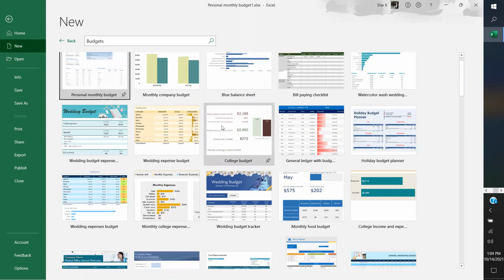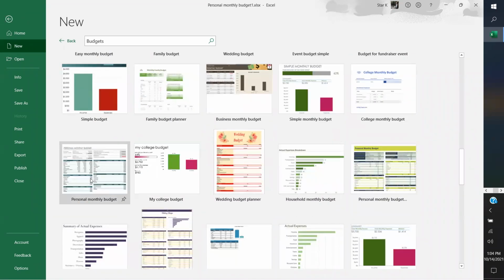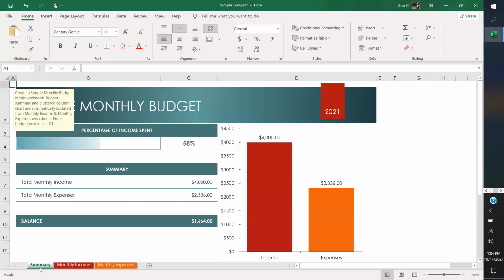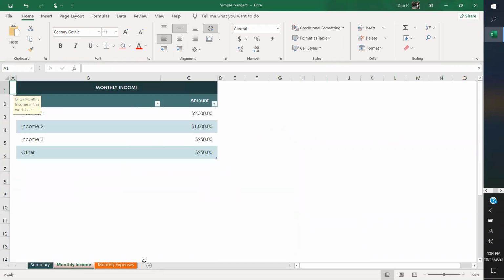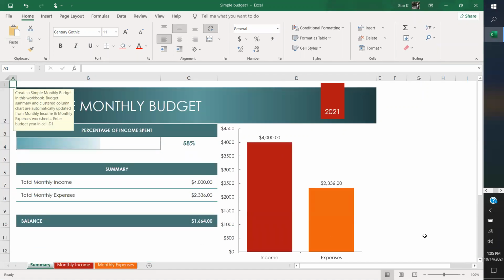But as you can see, there's so many other options: party planner, checklist, channel marketing budget, budget summary report, the food budget, expense budget are always nice to have. And there's our simple budget. Let's look at that. So our summary of our monthly income and our monthly expenses. So this is the summarized worksheet. Let's bring this up and have